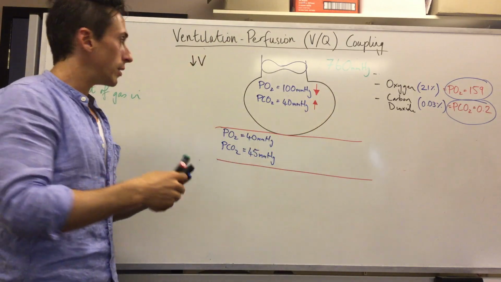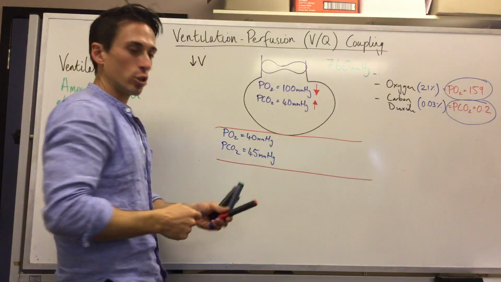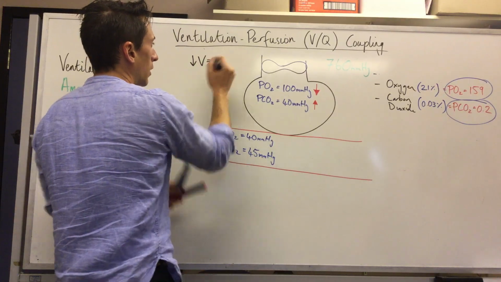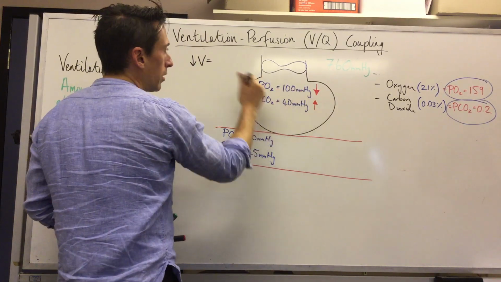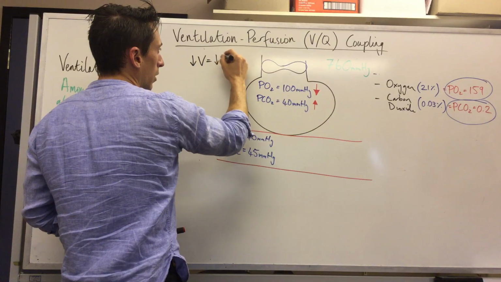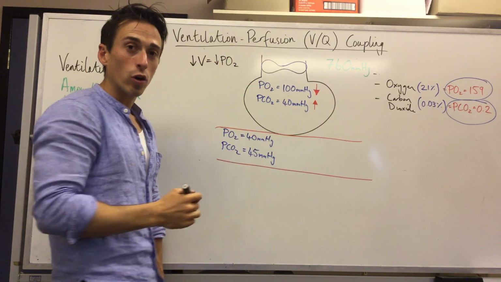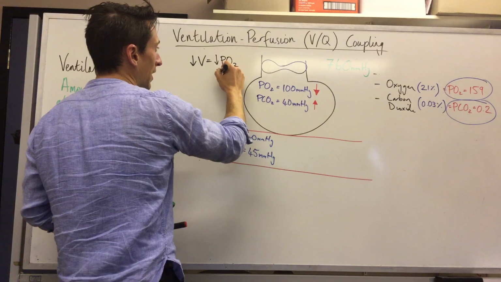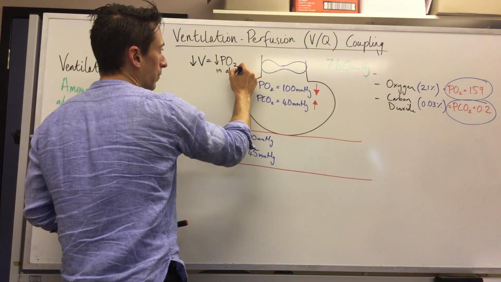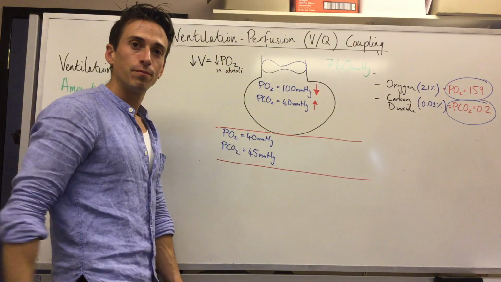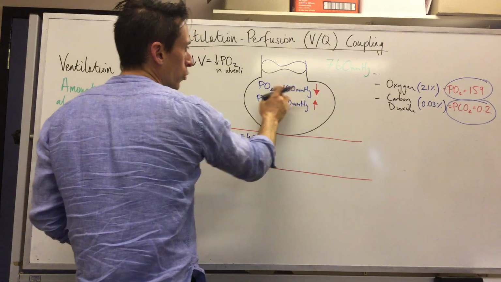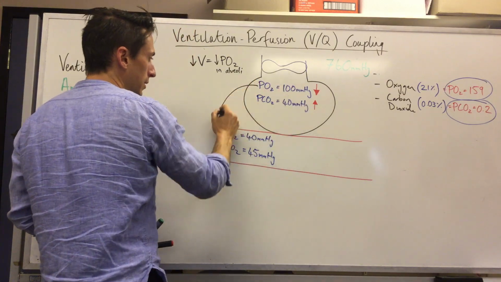What you'll find is a drop in ventilation equals a drop in the partial pressure of oxygen in the alveoli. Right? And what this results in is the drop in oxygen is what stimulates